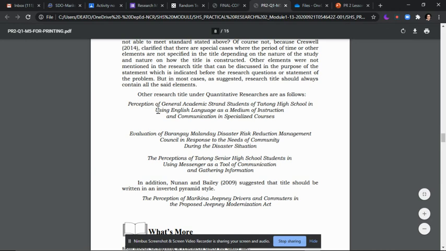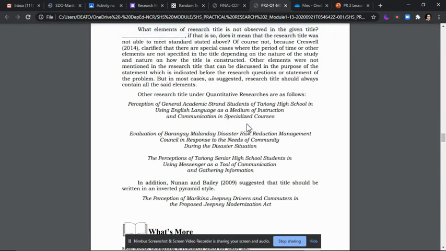Ito pa yung ilang examples ng quantitative research: Perception of general academic strand students of Tanyong High School in using English language as medium of instruction and communication in specialized courses. Alin kaya dito yung independent tsaka dependent? Ang tawag dito sa research na to ay descriptive.